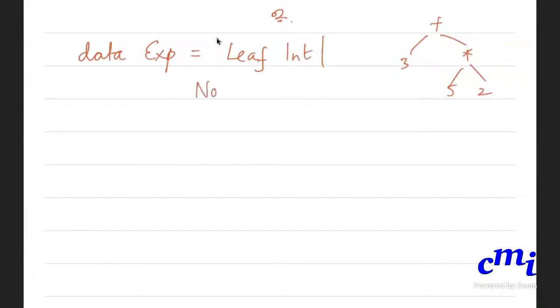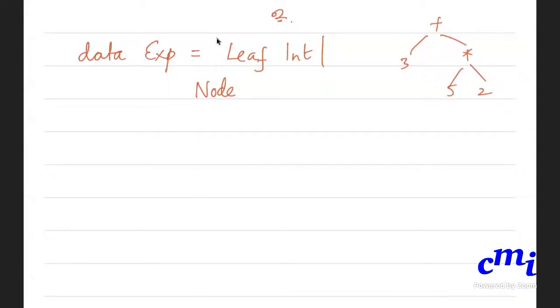Or a node branches off, right? So what information do you need to record about a node? A node has an operator occurring in it. But there are two other things also. What are the two other things? Branching occurs, right?